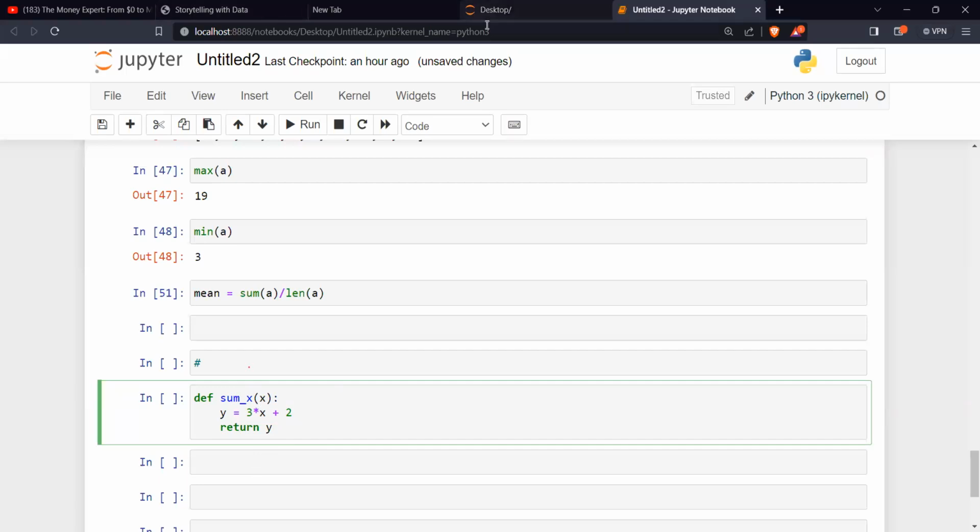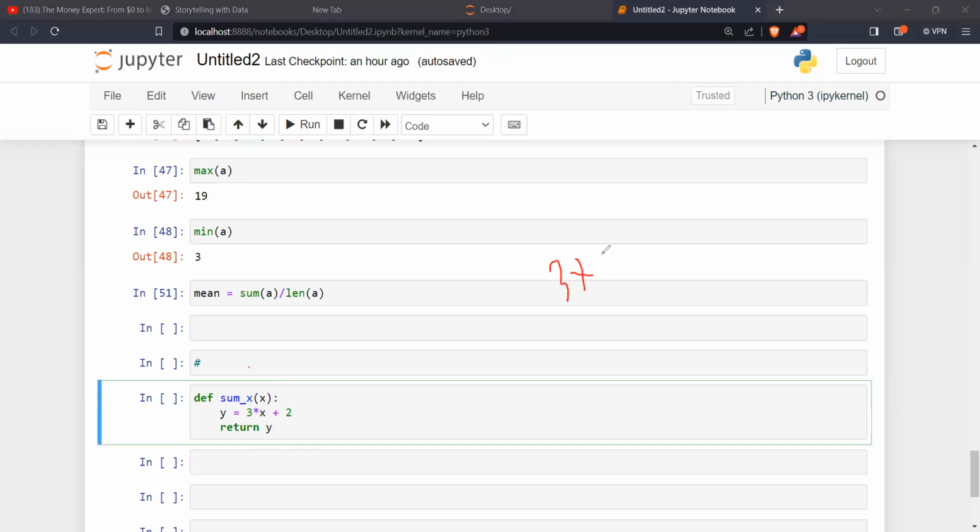You see the way you write it on paper, 3x plus 2, you cannot go and write 3x just like that in code. It means it's 3 times x. So this is what we have written here. Within here, y becomes the local variable.